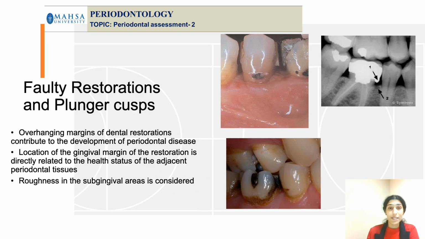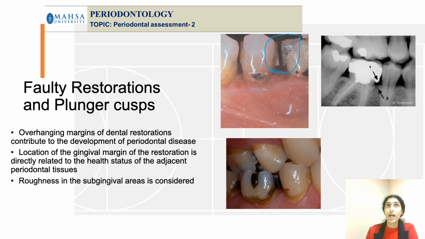One other important aspect is, if the patient already has some restorations, please do not forget to check for overhang margins, right? As you can see in this example, clinically, if there is a proximal contact, check not only the kind of proximal contact, but also the presence of any overhang. If there is an overhang margin, that can lead to food impaction and plaque accumulation, and thereby marginal inflammation in that area. So this is a classic example.